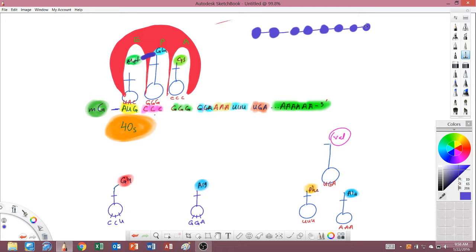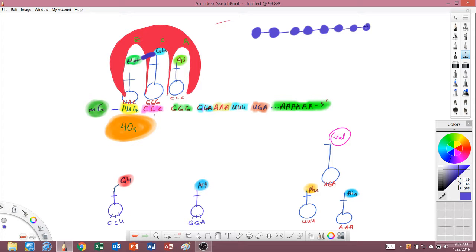Okay? Overall, now nobody cares for this process. Nobody's going to say you have to go through this entire process to remember, as long as you know the function of each thing. And this would be more important where? In bacteriology. Not necessarily in eukaryotic cells. But it's a good idea to know the process overall, how you make proteins.